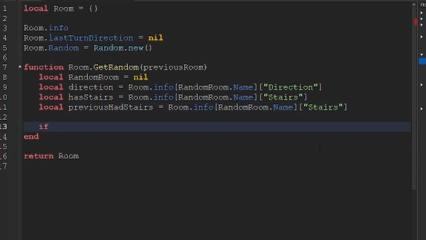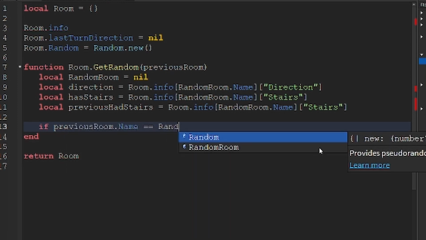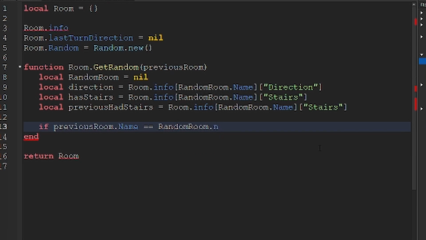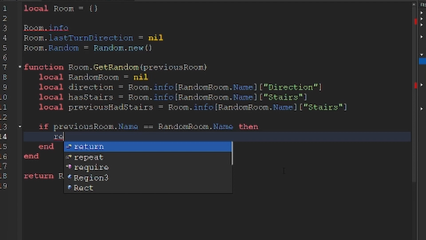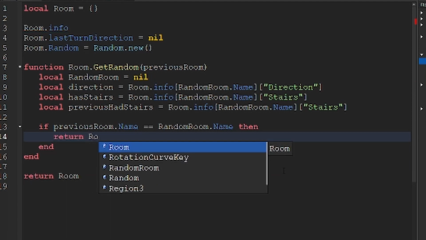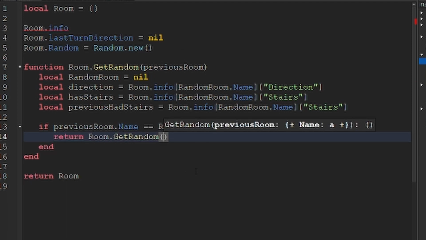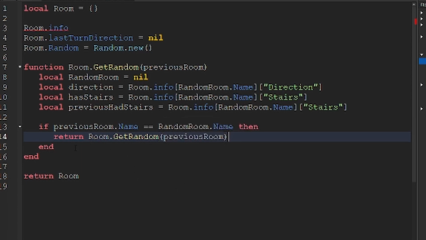So now we're going to do if previous room dot name equals the random room. So this is pretty much going to eliminate us having the same room again, or like in a row. So then we're going to return the room. We're going to return this function again. So instead of writing out loads of code, we're going to just go around until we get a room that isn't equal to the previous room. Otherwise, every time we check it, we're going to have to check it again and again and again,